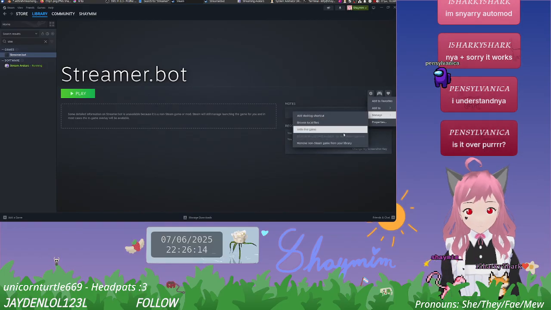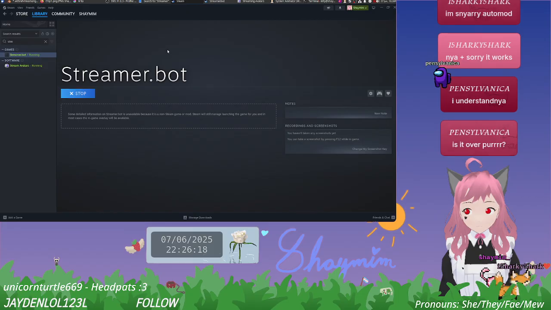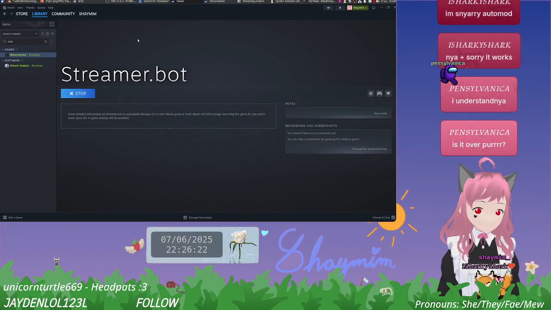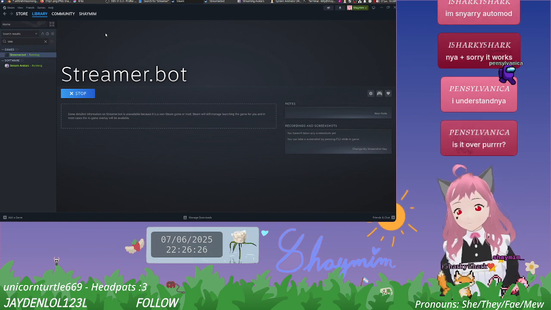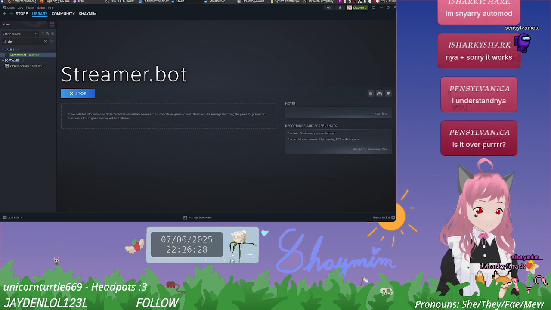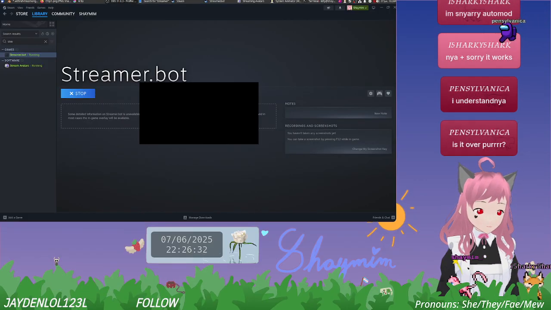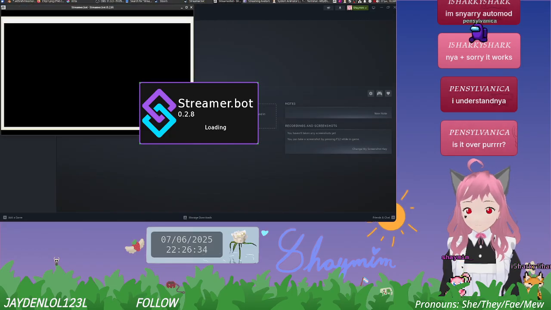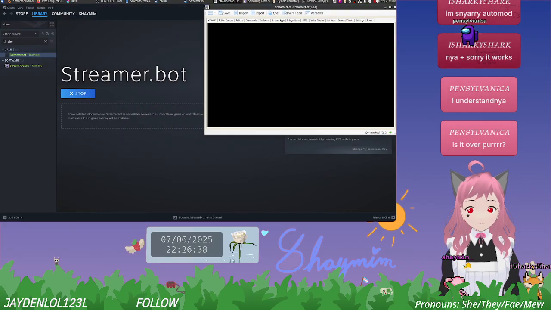Huh. Very odd that this won't work now. If that's the case, I will have to hide this, since it's not going to do the thing I want it to. Look, it's here and it's working fine.